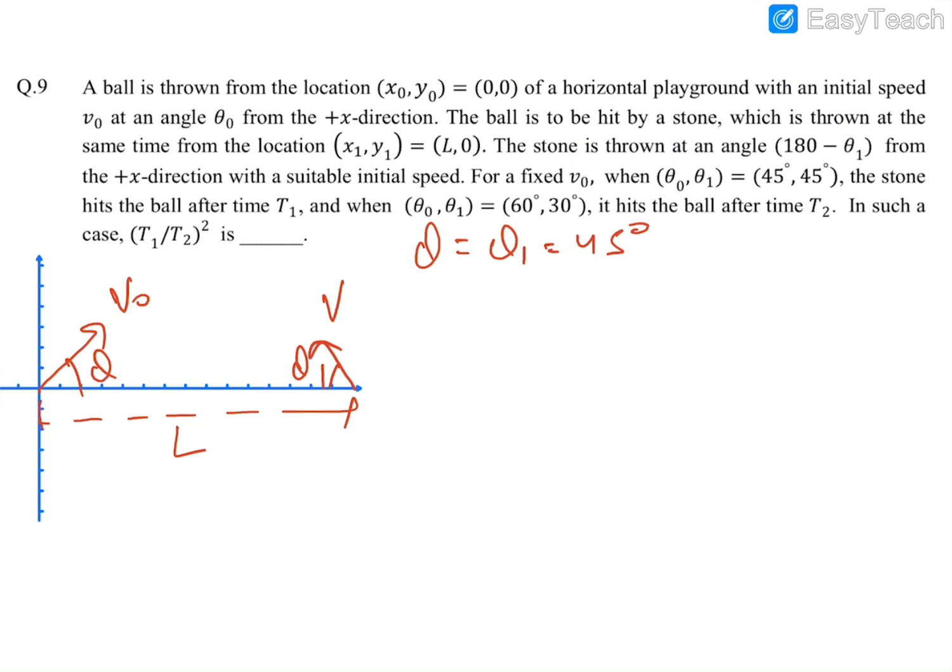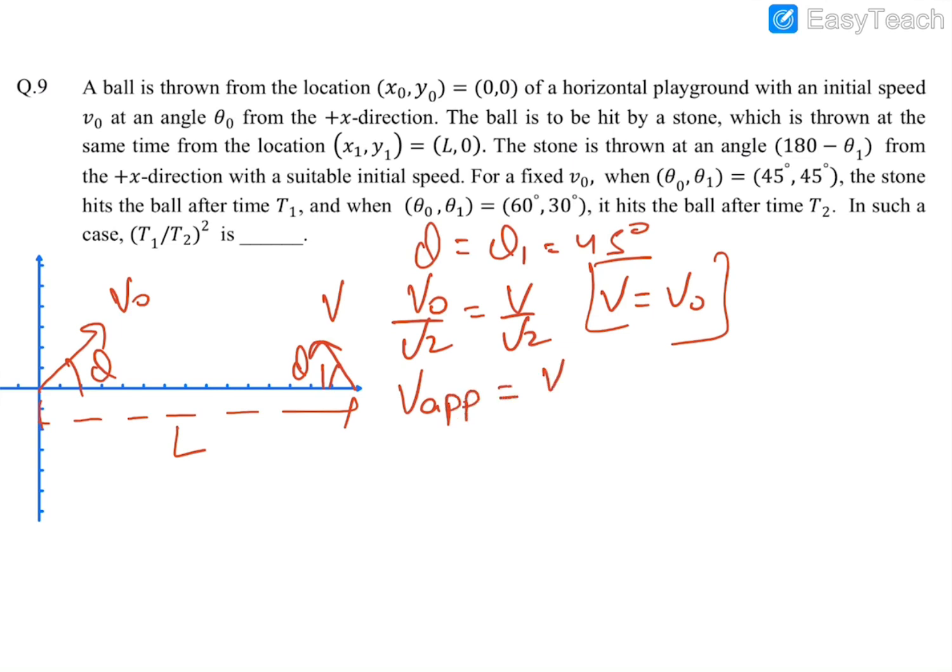So we have to equate their y components, because they will be at the same height from the ground at the same time when they strike each other. So v0 by root 2 will be equal to v by root 2. So v will be equal to v0 in the first case, and the relative velocity of approach, v approach, will be the relative velocity of their x components. So v0 cos 45 plus v0 cos 45, so it would be equal to root 2 v0,